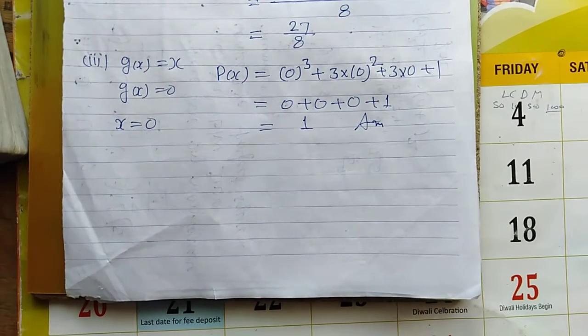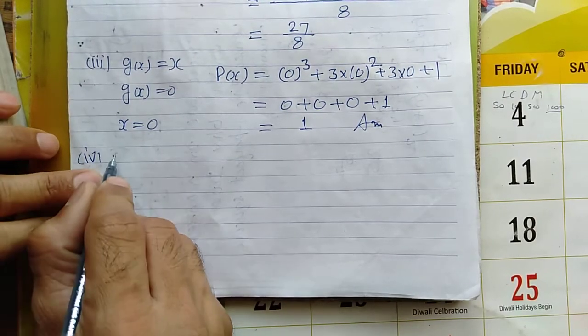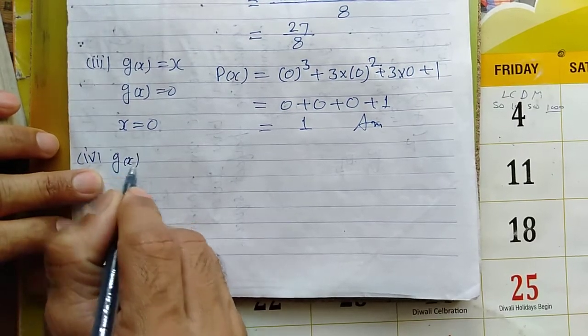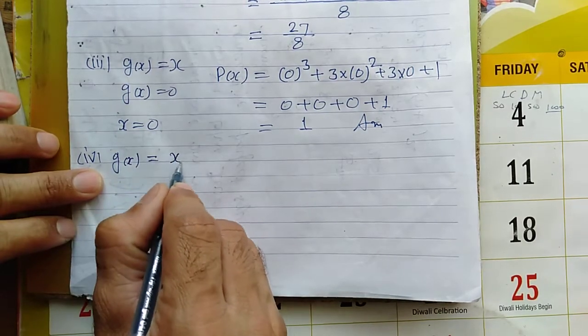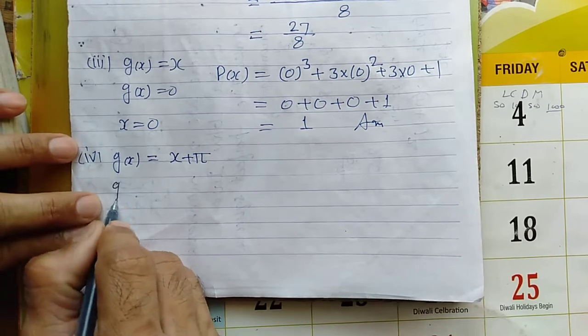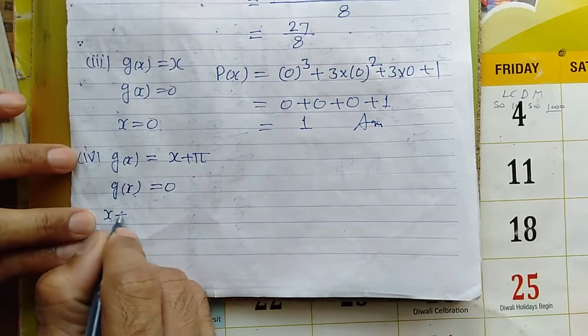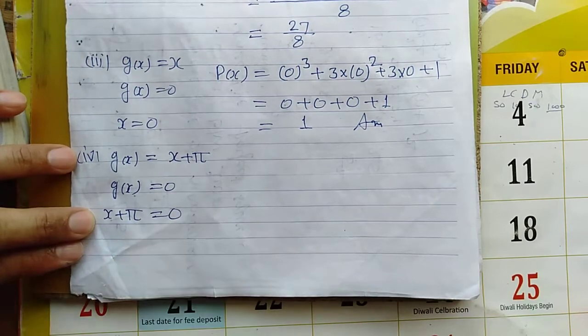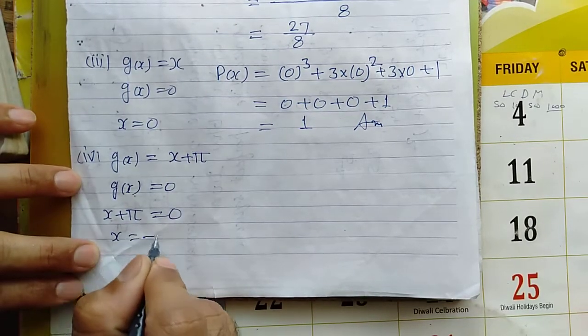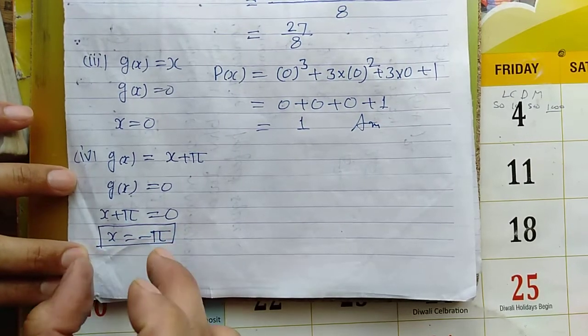One more question I am taking now, that is x plus pi, number 4. So here given gx, the divisor, is equal to x plus pi. When I take gx equal to 0, x plus pi will be equal to 0, so x will be equal to minus pi. So this is the value of x